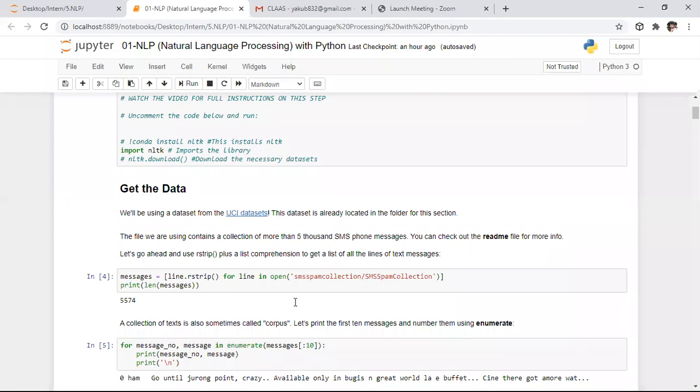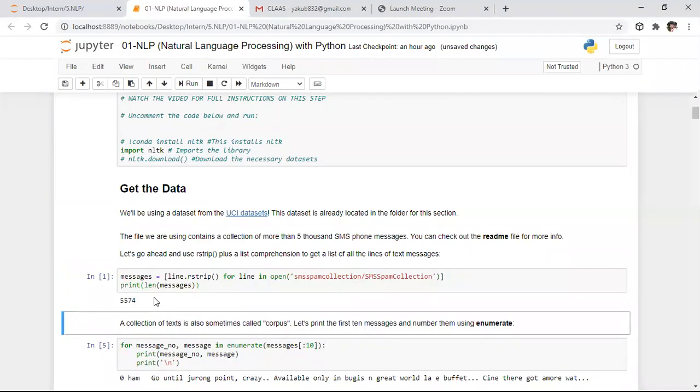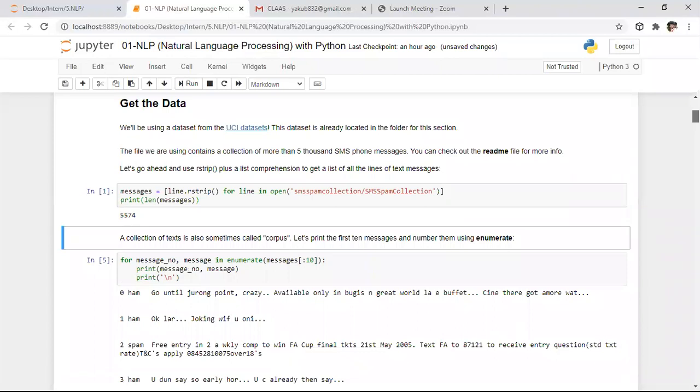After creating the list with all the messages, I want to know the length of messages, that is, how many messages are present in this list. If you observe, it returns 5,574. That means in this UCI dataset, we have 5,574 messages.